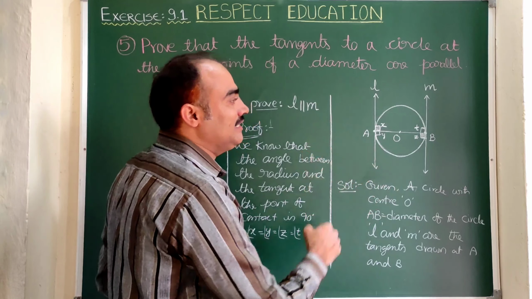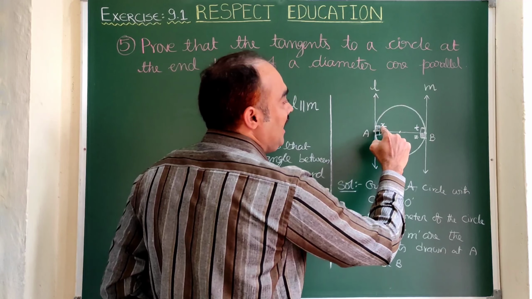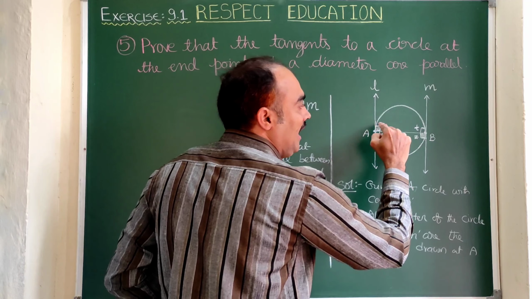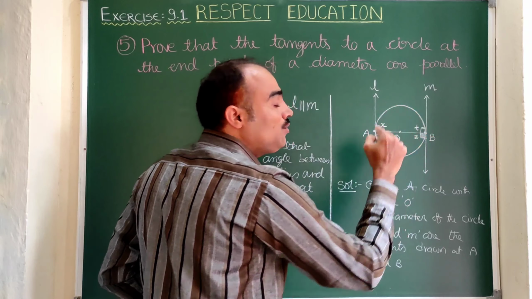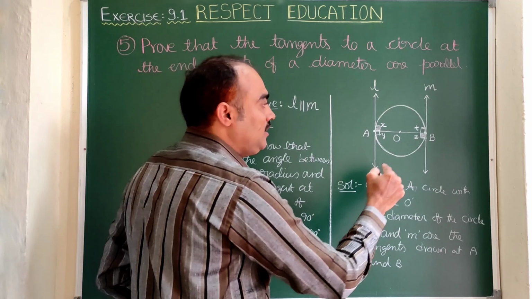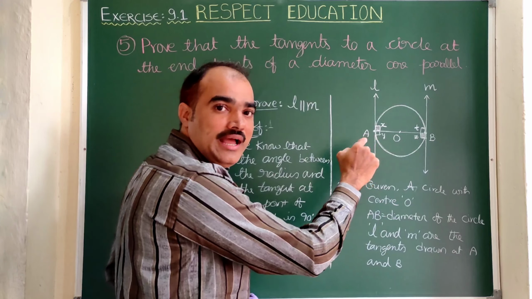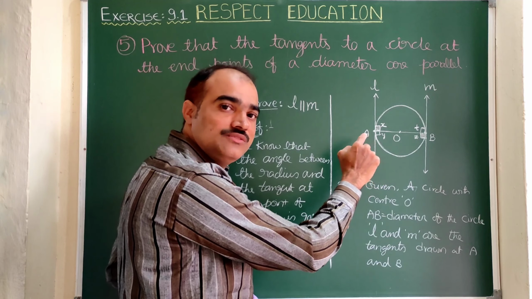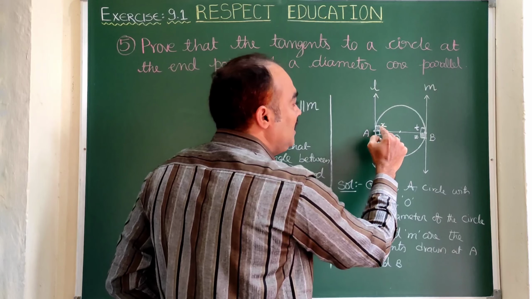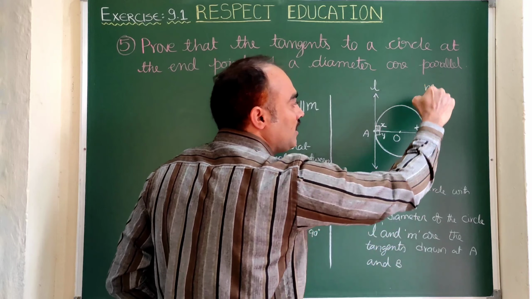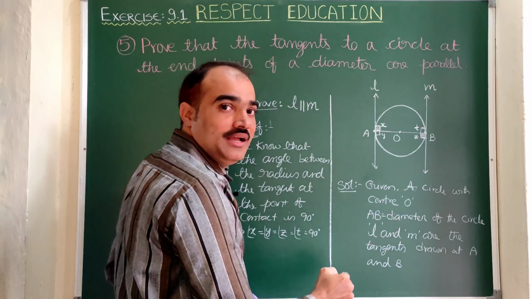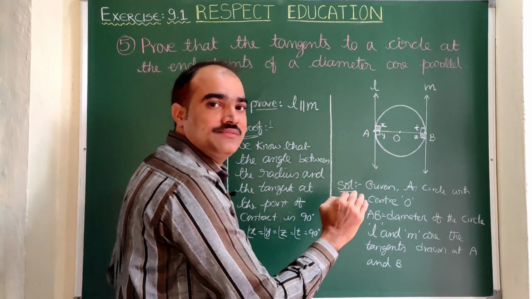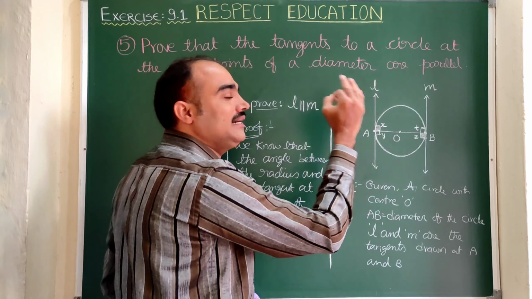And the other way is that here angle X is 90, angle T is 90. Angle X plus angle T is 180. So here these two are called co-interior angles. So in other words, we can say the sum of the angles on the same side of the transversal is 180. In that way also, if X plus T is 180, then L is parallel to M. Same way, Y plus Z is 180, then L is parallel to M. Whichever is convenient for you, let us write it, no problem.